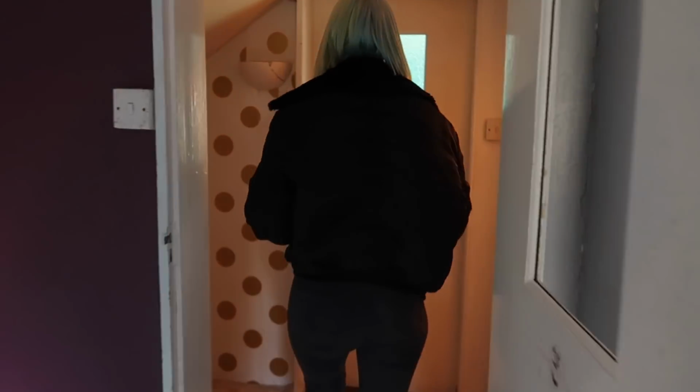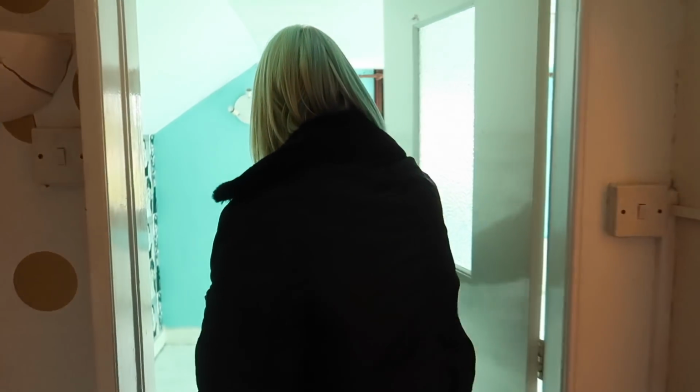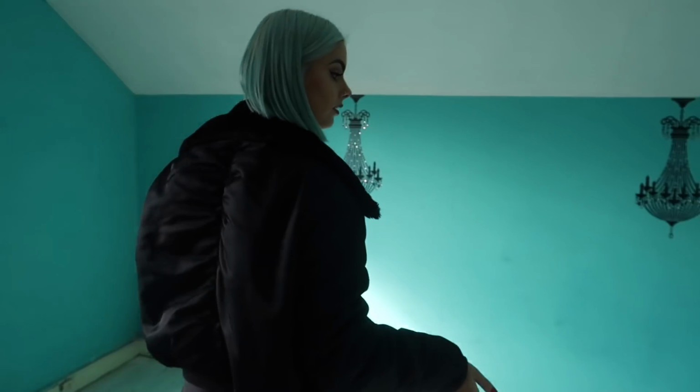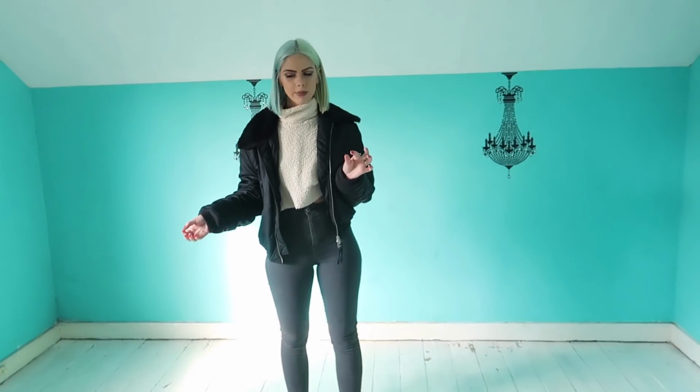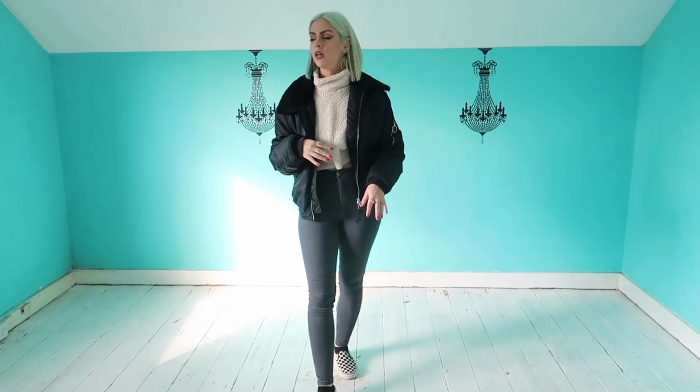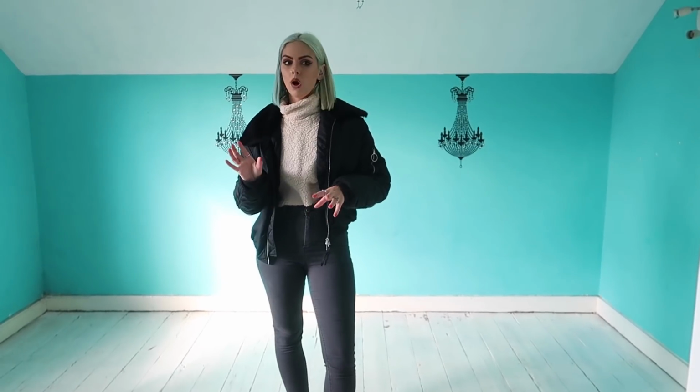So if we go into here, matches my hair. Yeah, so this is the other room up here. It's a tiny, tiny bit smaller, I'd say, than the other one. But this room, I think we were going to have it as a spare bedroom, but I was going to shoot and have storage in that room, but I don't want to restrict myself too much and outgrow this big house straight away, because that's one reason why we moved. So I thought I'd have this room as a studio. So either have a backdrop behind me where I can shoot against, or maybe have a backdrop here. The situation is the same with the...